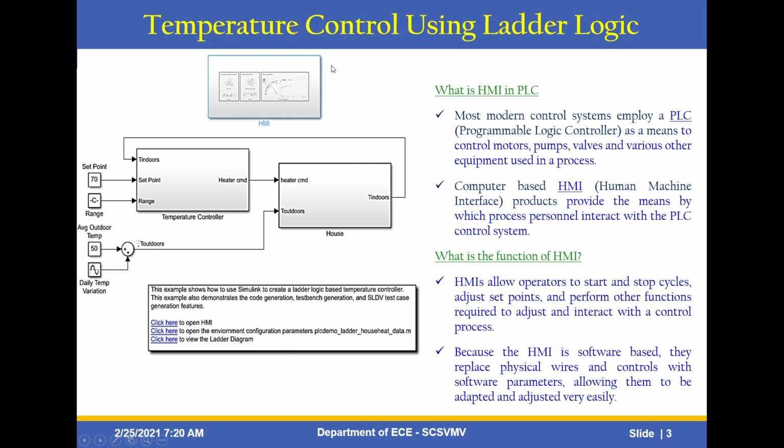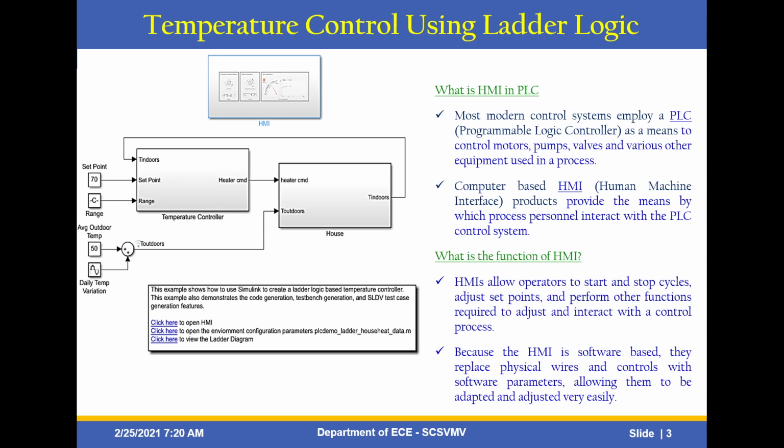Here it has three parts. First one is the HMI, the temperature controller and the house model. What is HMI in PLC? It is a most important one. It is the human machine interface. Most modern control systems employ a PLC, programmable controller, as a means to control motors, pumps, valves, and various other equipment used in a process. Also, this computer-based HMI